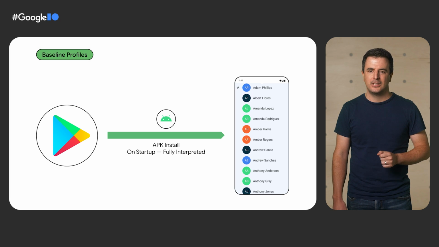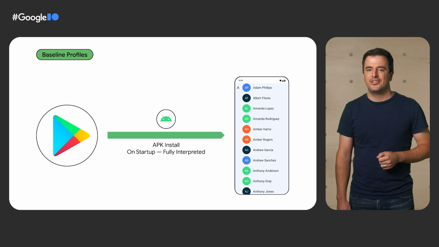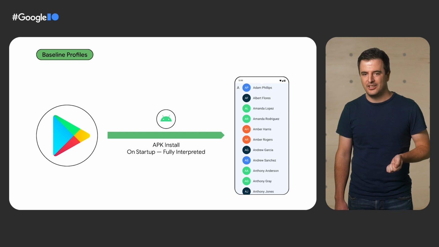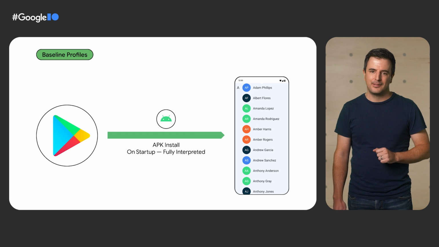When a user installs an app from the Play Store, the APK downloaded to the device includes all your code plus any libraries bundled with your app. On startup, this code has to be interpreted by the Android runtime and compiled to machine code. This process takes time, so can slow down performance.